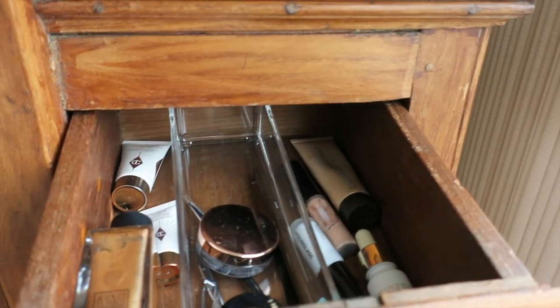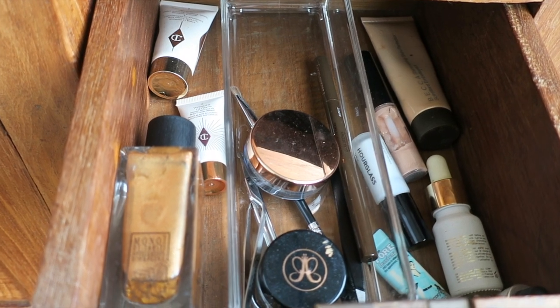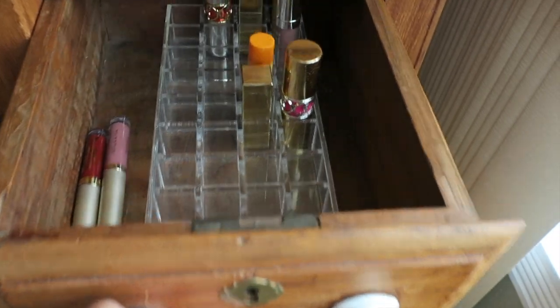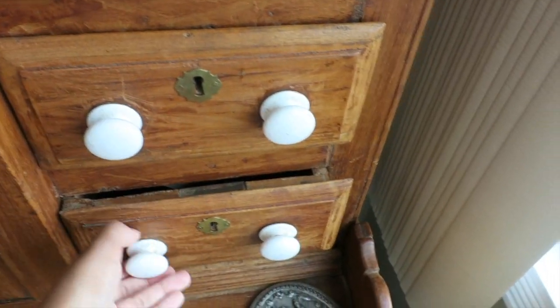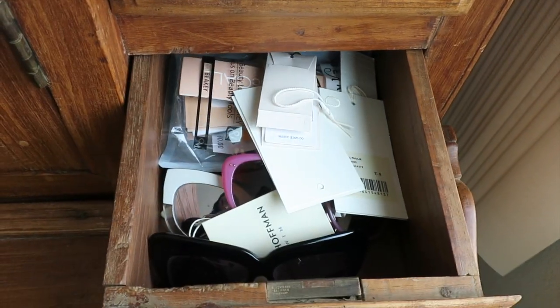Then on the right top drawer, I think it's all my eyebrow stuff and other random things. Here's the middle drawer, and then the bottom drawer I'm just keeping buttons and extra pieces of my clothing. I don't know why, but